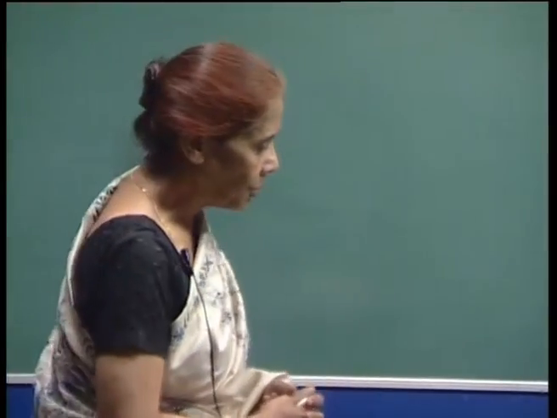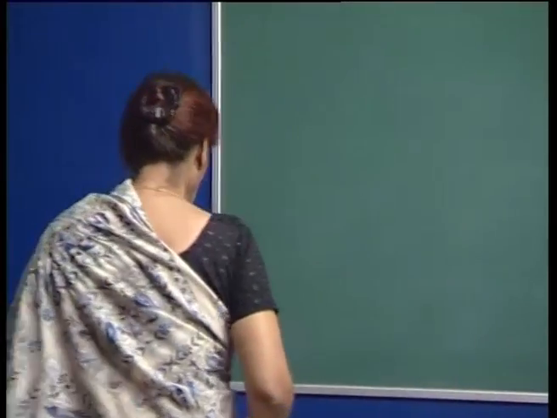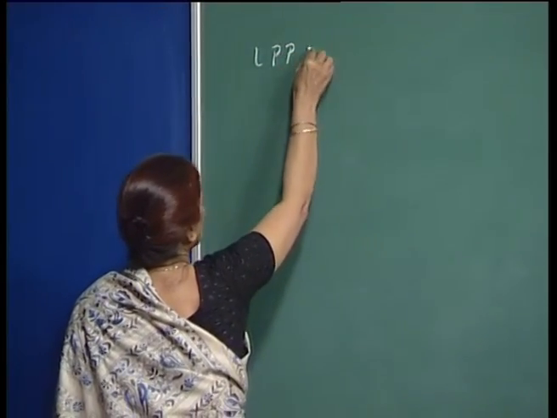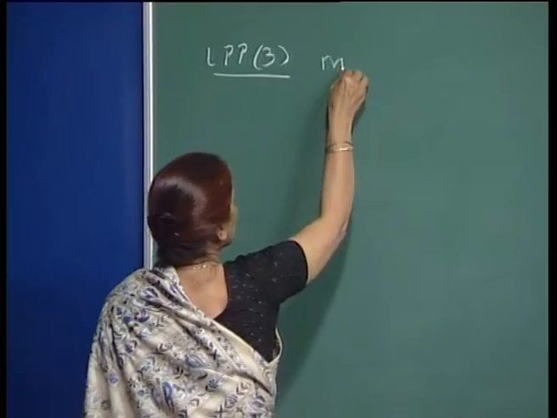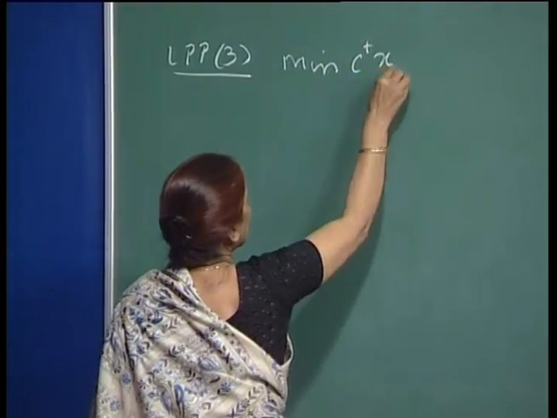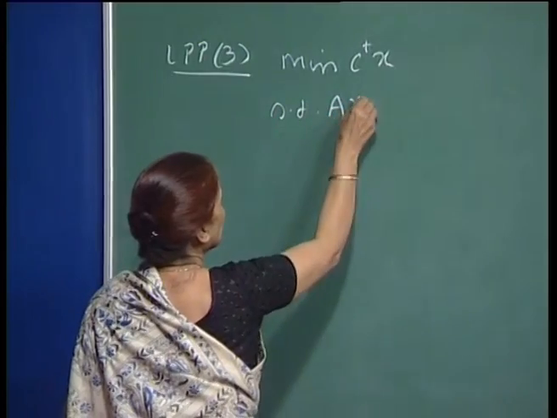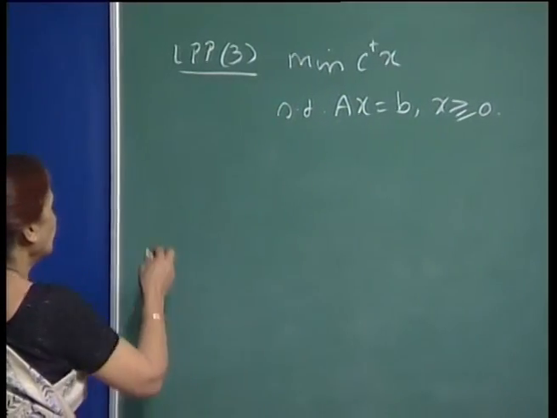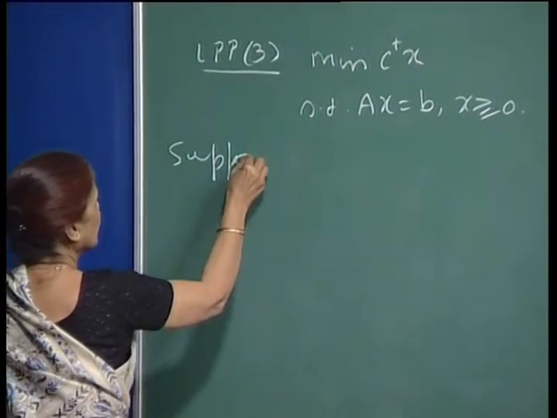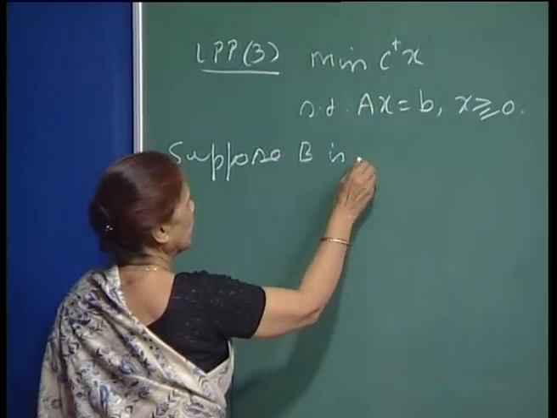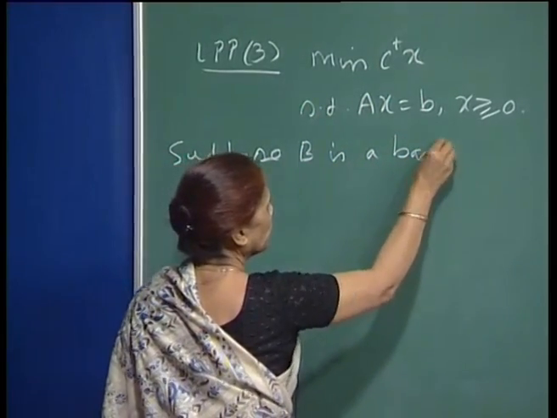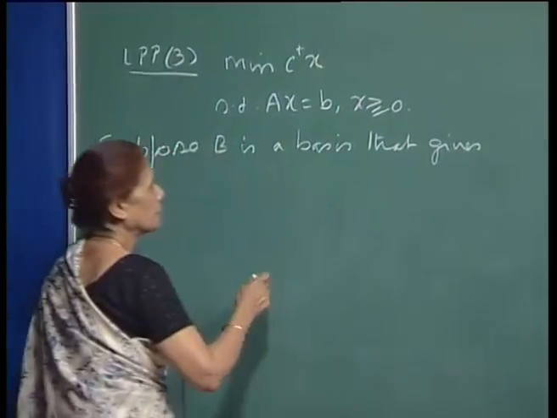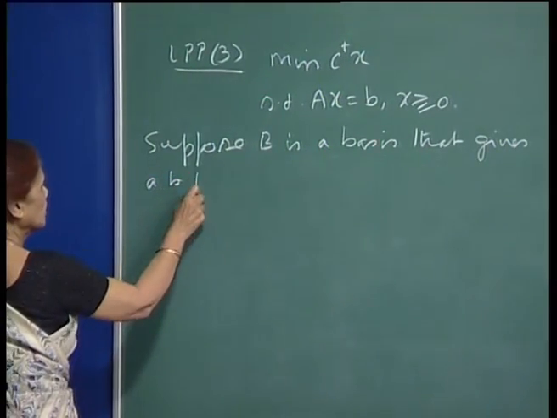Let me now start building up and computing the quantities that we need to proceed with the simplex algorithm. So, we always have this LPP, which I am calling LPP 3: minimize C transpose x subject to Ax equal to b, x greater than or equal to 0. For this LPP, suppose B is a basis that gives a basic feasible solution